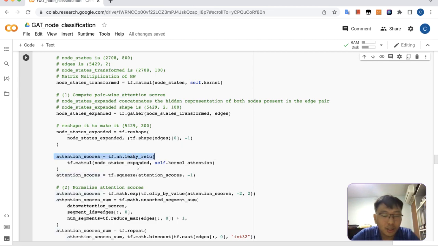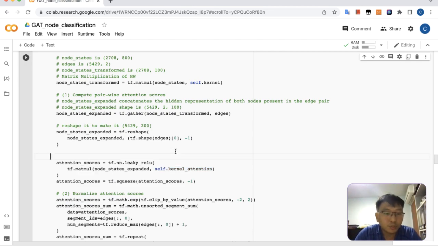So for the attention score, they use a Leaky ReLU, and then they did a matmul with the node states expanded and the kernel self attention. Okay, so it appears that the attention weight is not using a query key dot product. Rather, there's no dot product at all. It is just self-learned through a kernel attention matrix, like over here. And then when we do this matmul here,